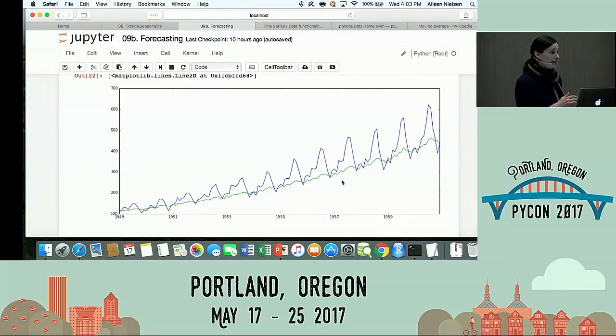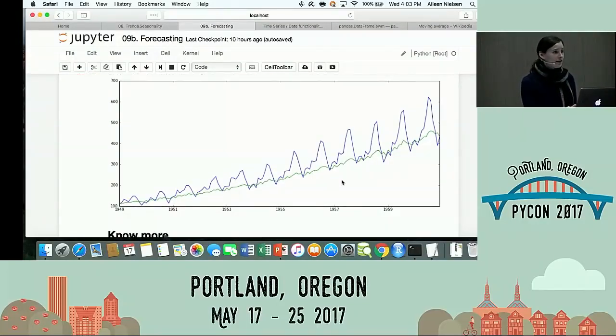From here you can go to a seasonal ARIMA. What you do with a seasonal ARIMA is you decompose your model into a seasonal component, which has its own moving average and autoregressive term, and a non-seasonal component, which is what we've done here. So this is about as good as you can do with a plain vanilla ARIMA. Why is it useful? Well, it's still useful because you've still got the underlying trend.